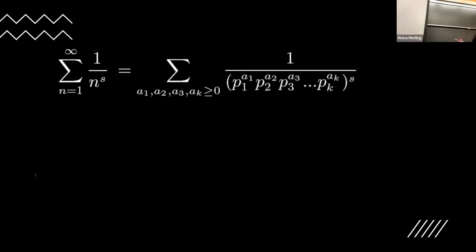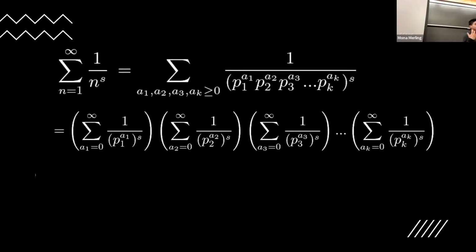So in the 18th century, Euler came up with another approach, noticing the series sum of 1 over n to the s for all the natural numbers n and some real number s. Assuming there are finitely many primes, since every natural number has a unique prime factorization, we could rewrite this as a product of primes to some exponent. Of course, we could factor this out. Since we have an infinite sum here, we could factor this as a product of